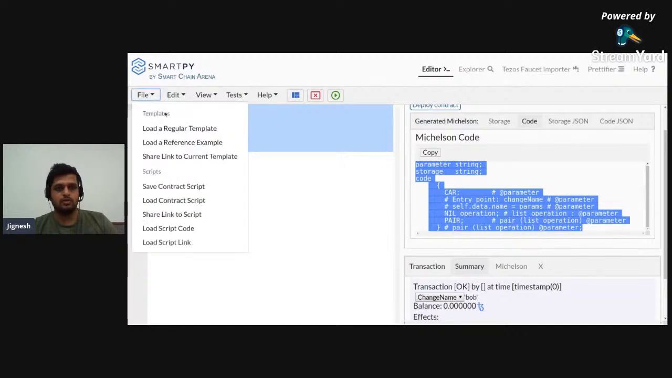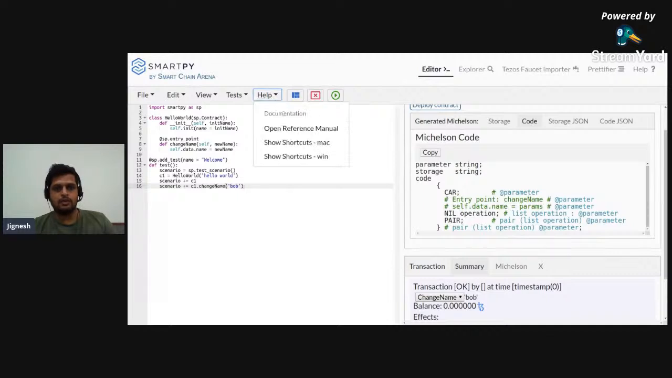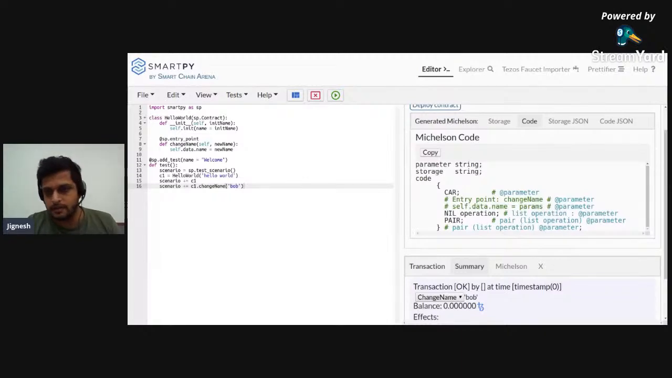You can use this to develop your complex smart contract, and you can always go back to the reference manual if you are confused about any of the data types or anything. Cool. So I hope everybody was able to follow through the whole tutorial part. So just to show you some other things